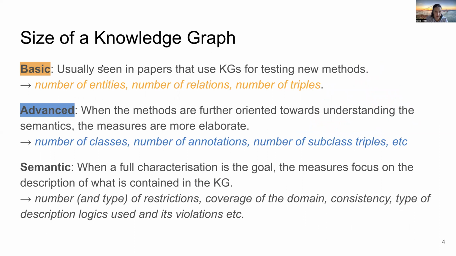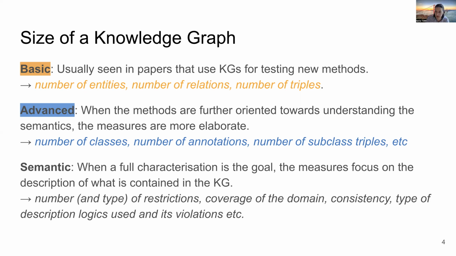One of the very first things you might want to do is to compute the size of a knowledge graph. There are different ways to look at this. The basic way is to compute the size in terms of number of entities, number of properties or relationships that the graph contains, number of triples overall. This is usually seen in papers that might use a knowledge graph as a data set for testing a new method. There are more advanced ways to compute the size of a knowledge graph, and this is especially